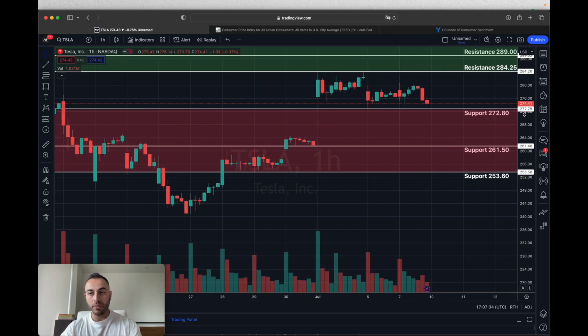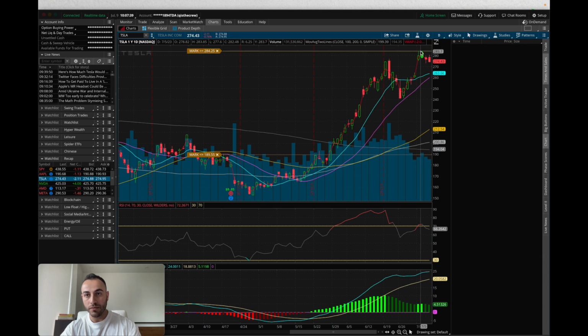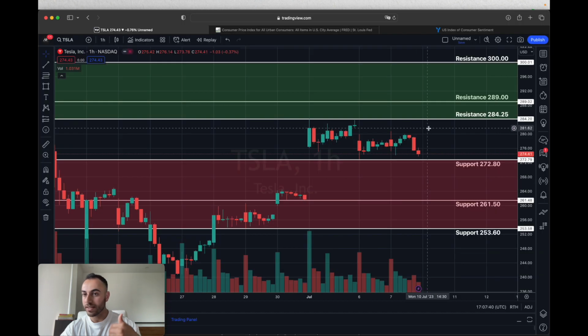If you're looking for a bullish breakout and a bullish continuation, obviously you need a move above the highest point that it reached here for it to continue towards its next price target of 289. So if you're bullish and you want to take on calls, you can take on calls above 284.25. Place a stop loss just below that point, and your first price target would be 289 to take half your profits. You would then update your stop loss from 284.25 to around 289,